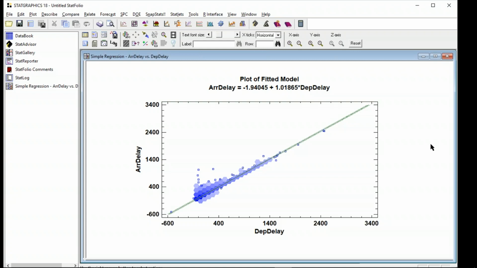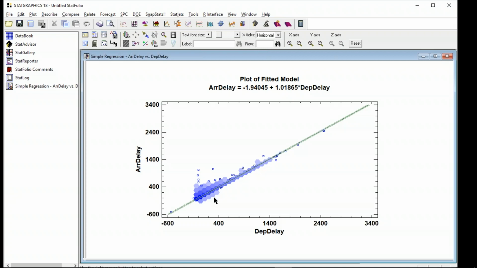And then, rather than plotting each individual observation, we count the number of observations that fall within each hexagonal region. Now, if there's no more than 2 observations in a particular hexagonal region, the points will be plotted separately, as they would on a scatter plot. However, if you have 3 or more observations in a particular region, we color code the region according to how